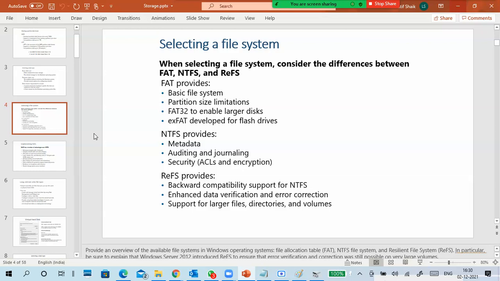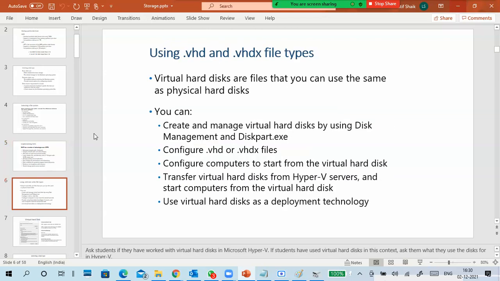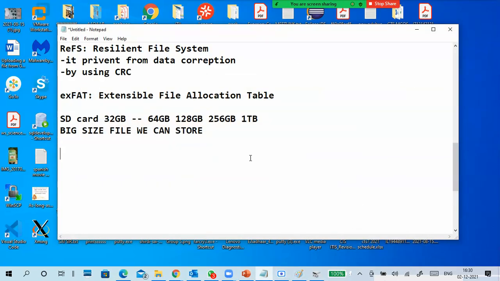ReFS is another type of format, mainly for error correction purposes. It does data verification and error correction, so data is safe; it won't get corrupted in a ReFS file system disk or partition. Then VHD and VHDX, we will discuss after the break.